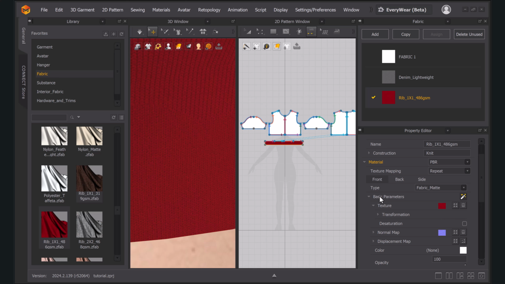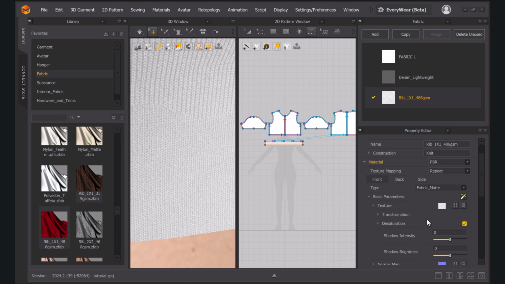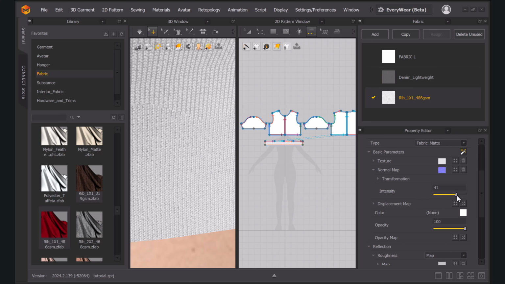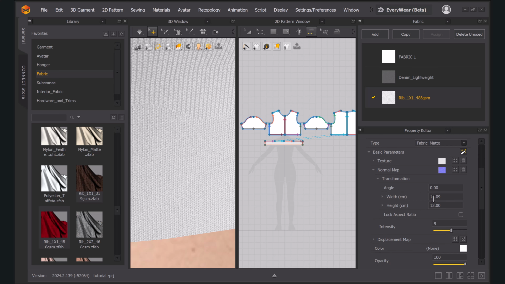So here on the property editor of this fabric, I double click on the fabric square, then basic parameters, here on texture. Actually, I click on the saturation, and then normal map. I want to increase the density. I always do this. And transformation,